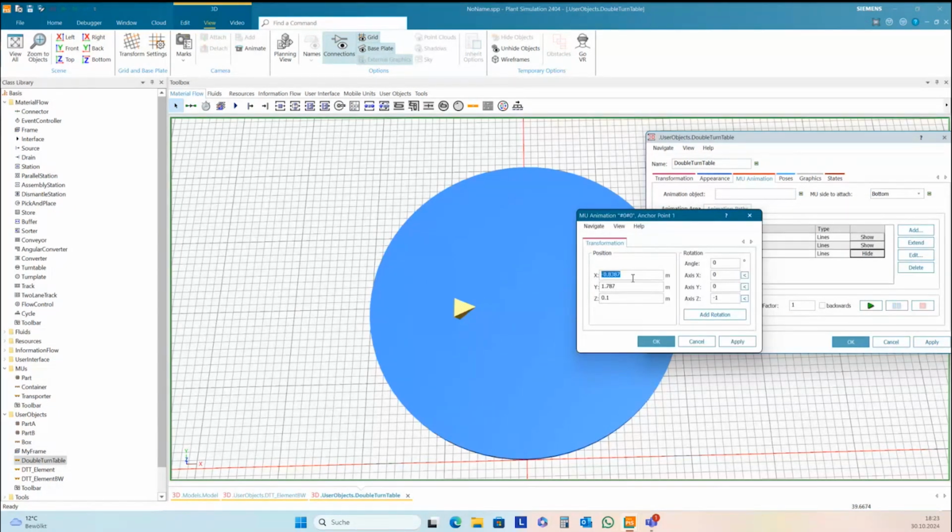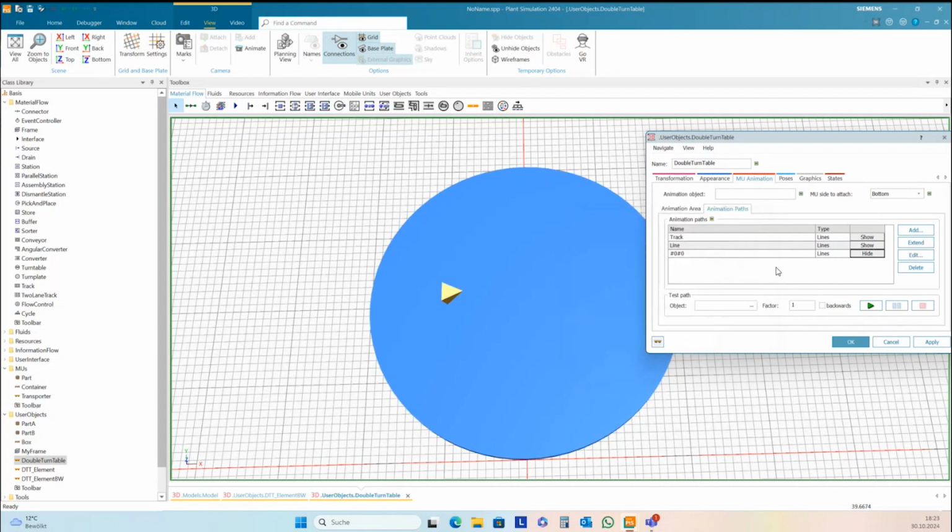The position X should be -1 and Y 2. And this is the right position, and set K 0.1. It's okay. And I need a second point here, route 1, route 0.